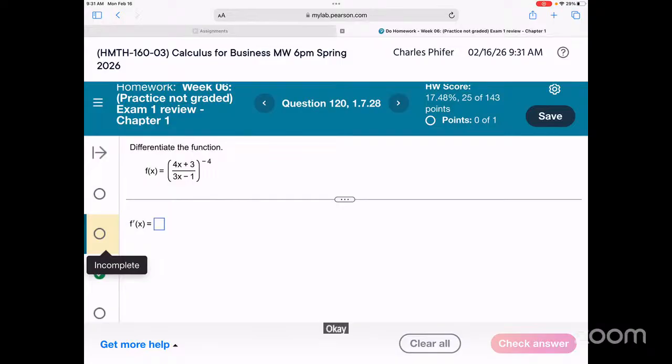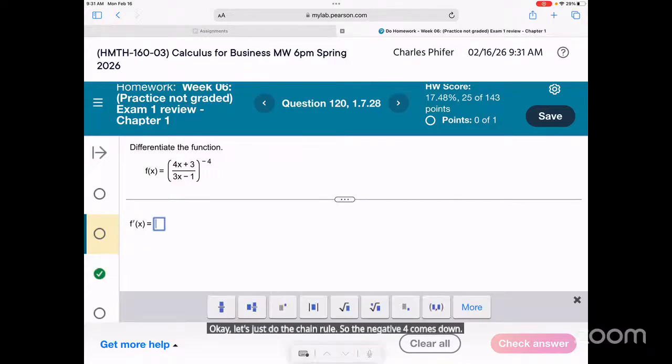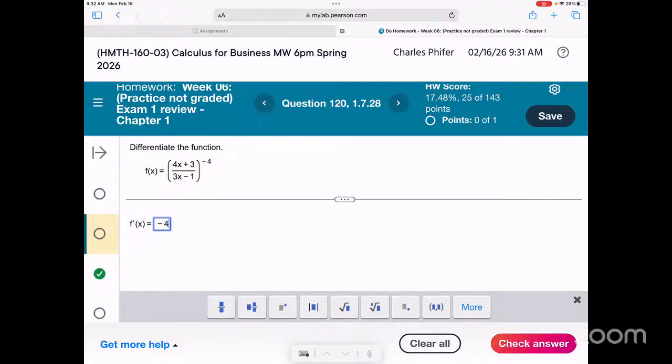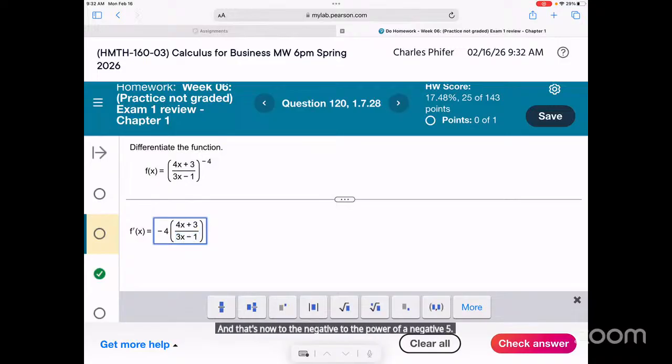Okay, let's just do the chain rule. So the negative 4 comes down. That's a 4x plus 3, 4x plus 3, 3x minus 1, and that's now to the power of a negative 5. Then we need to say times the derivative of the inside function. So